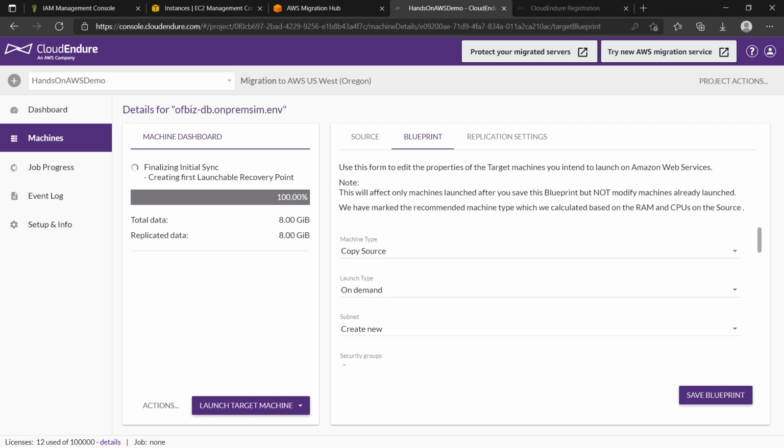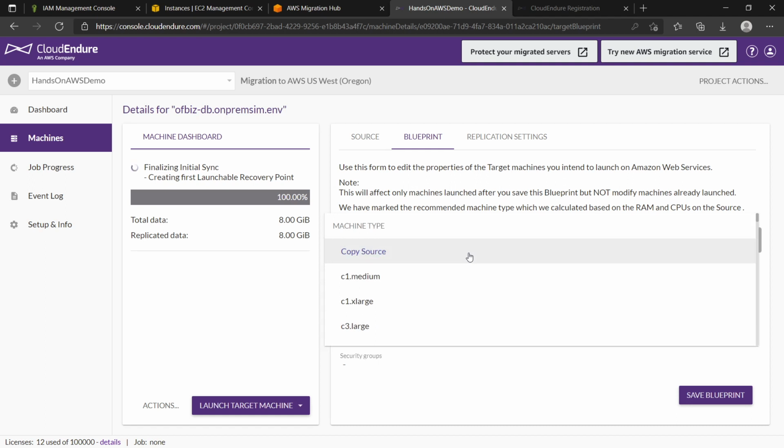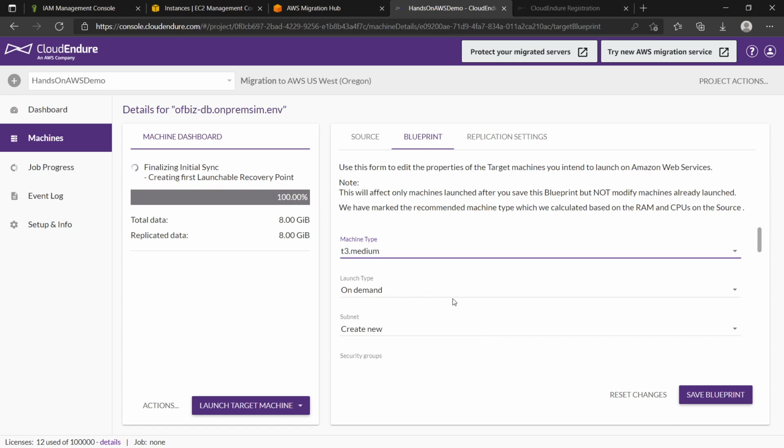CloudEndure wants to know what type of machine you should target. So for the purposes of this demo, you can select a small instance like T3 medium. Launch time can be on demand.